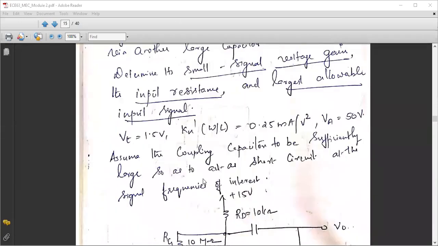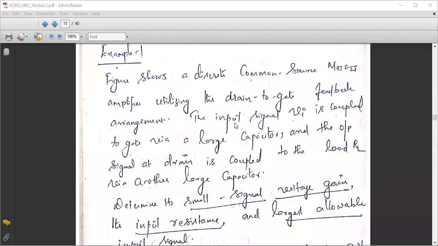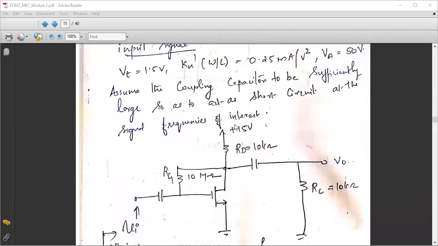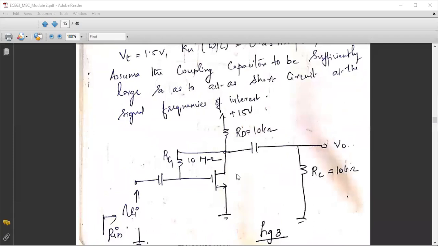So yesterday we were discussing this particular problem. Let us revise that. We have a circuit where the input is Vi and it is given to the gate of this MOSFET through a coupling capacitor. We have a gate resistance Rg connected between the gate and drain, so this is acting as a feedback resistance. A drain resistance is connected between the power supply and the drain terminal, and we are taking the output across the load resistance RL, which is 10 kilo ohm,